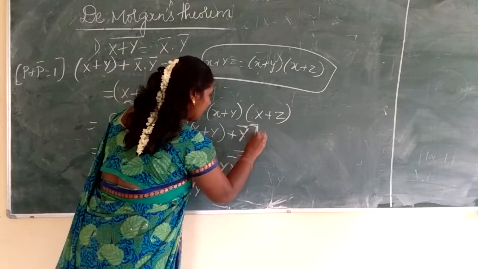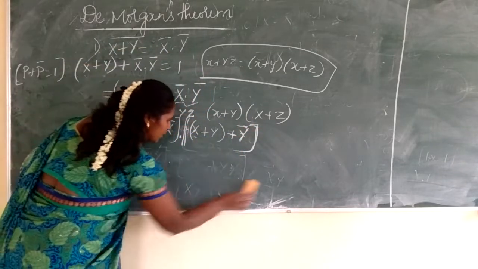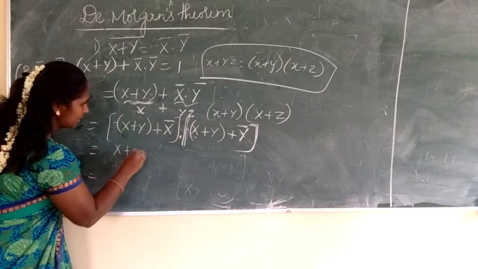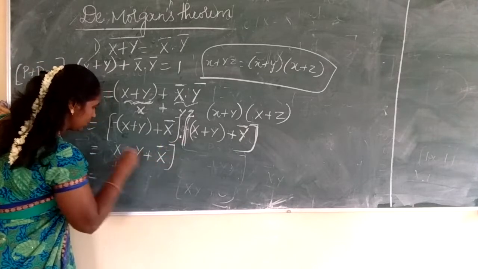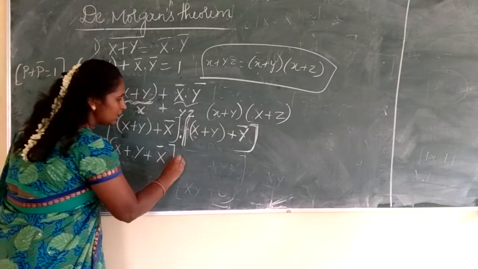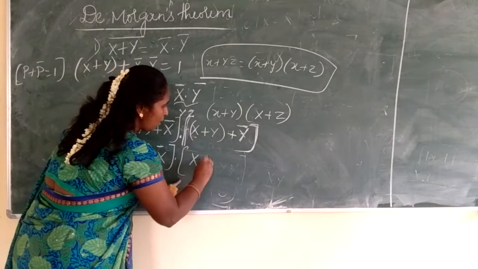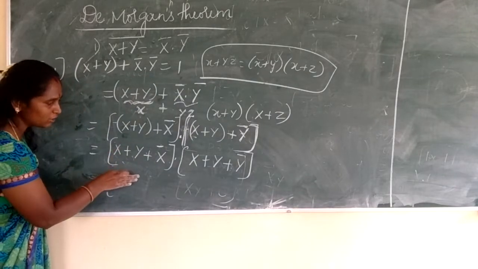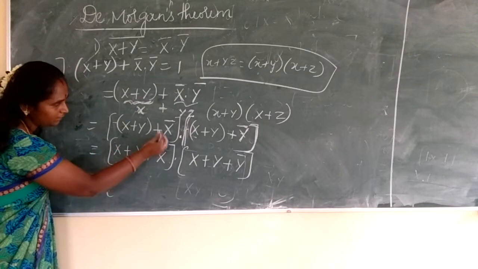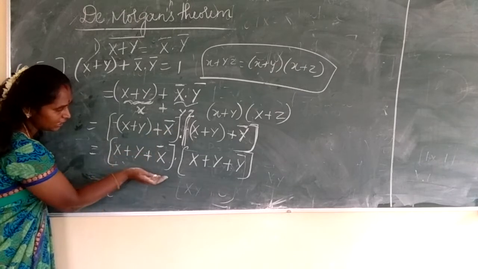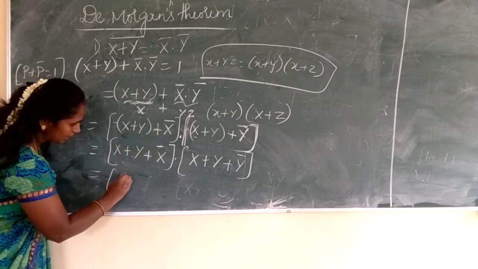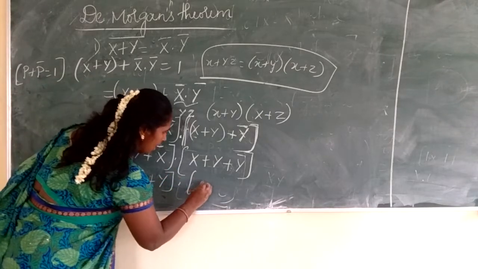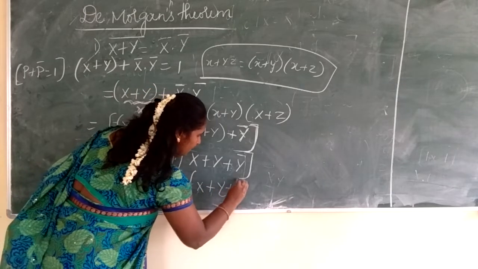So I have to group here. The other way, instead of multiplying, you can just remove the bracket, that is x plus y plus x bar. Instead of each time multiplying, going a lengthy process, just remove the bracket, x plus y plus y bar. So here, instead of again going to a distributive law, just remove the bracket and just open one term. So here group them, x plus x bar plus y into x plus y bar.